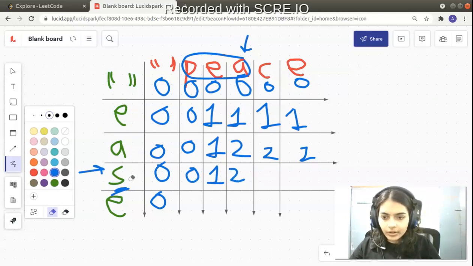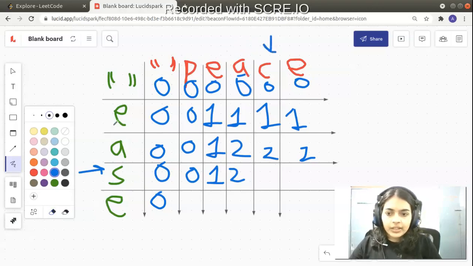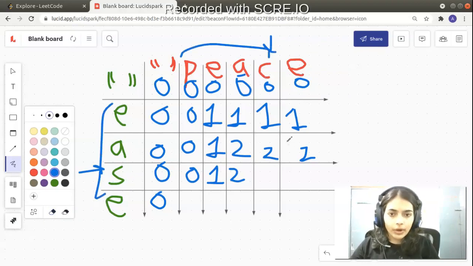Okay. Now let's go forward to the next value in the DP table. So corresponding to this row and this column, between the string EAS and the string PEAC, how many characters are common, we want to find out. You see S is not equal to C, right? S is not equal to C. So what do you do? You look at one value above, one value left. You see maximum of 2 and 2 is 2. So you just fill 2.